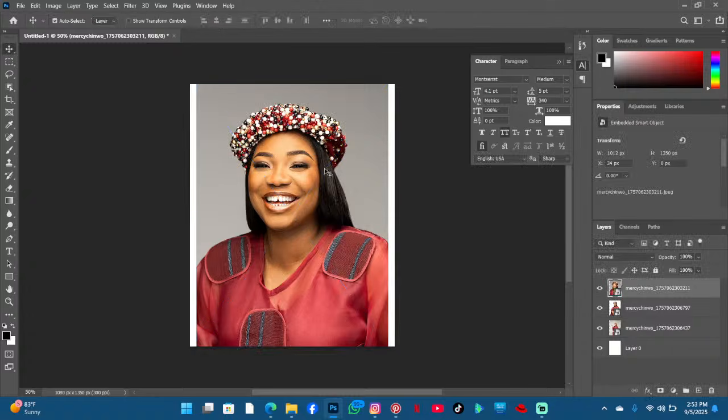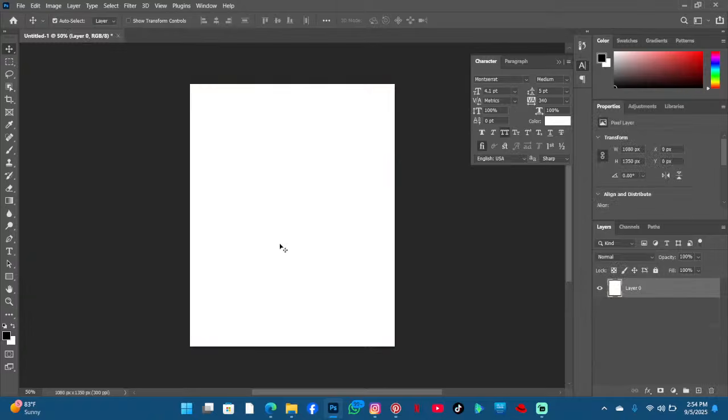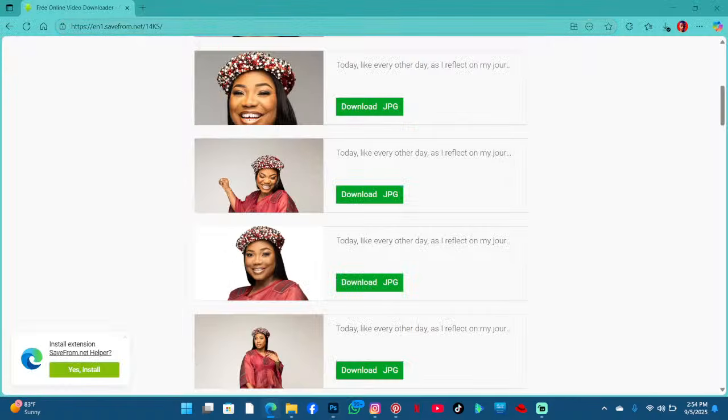So I like these 3 designs. What I'm going to do now is remove the background and also enhance the pictures. Let me just delete this since I've shown you guys. Now I'm going to go to Let's Enhance